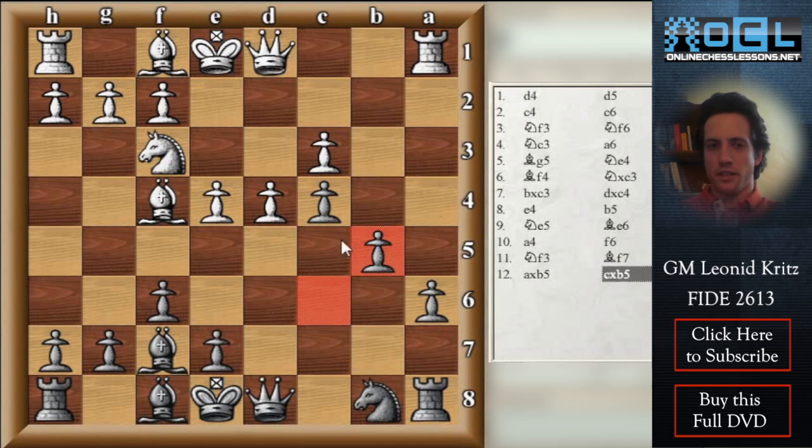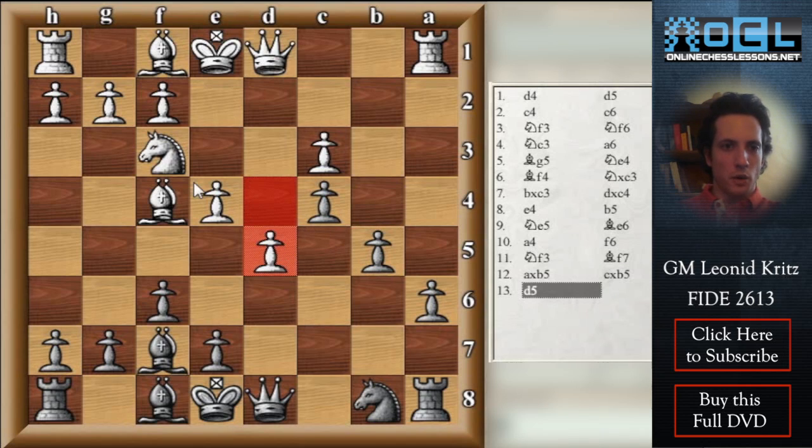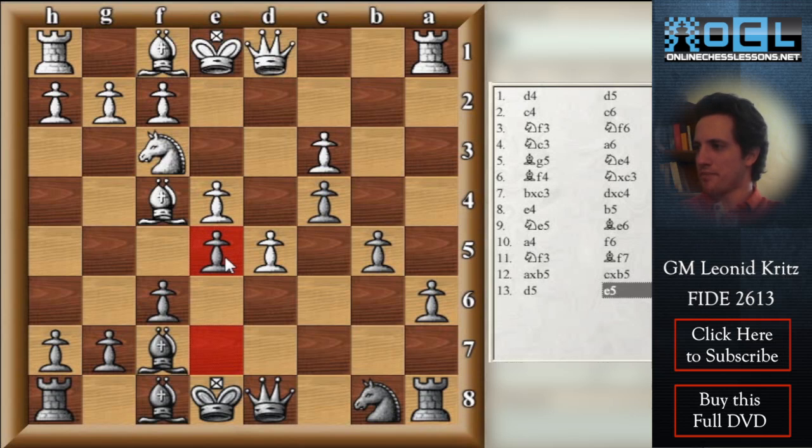white plays d5. Now he wants to play knight d4, and then he takes the control over the square e6, which is not so nice. So we play e5 ourselves immediately. d takes e6,